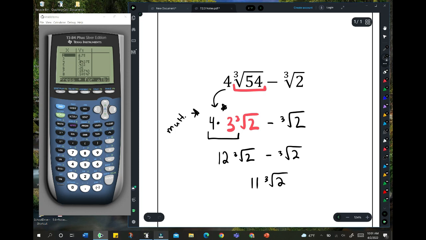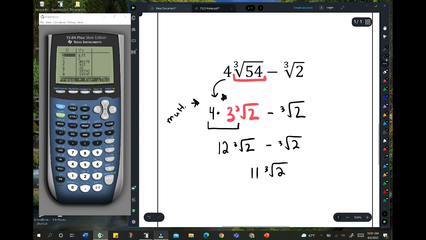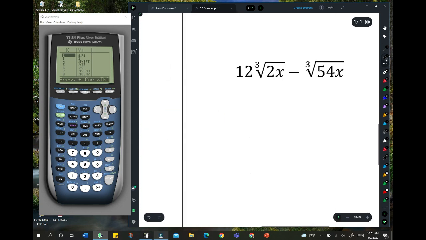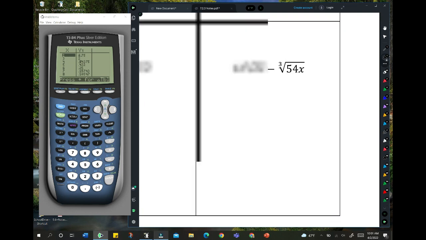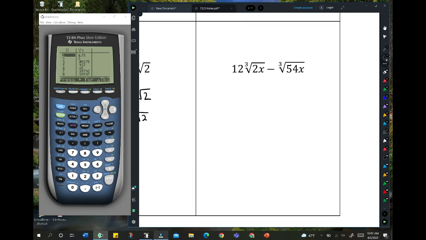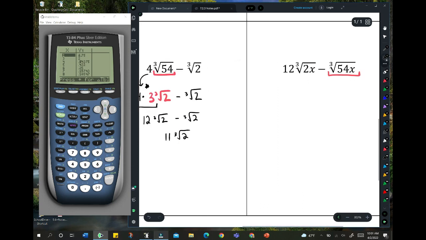So coefficients out front, multiply after. So you have to multiply and then get the 12 and then subtract. So that's really the name of the game. If you happen to have something with variables, really the same story. Okay, so 12 cubic roots of 2x, minus the cubic root of 54x. We have a secret identity with this one. So fortunately, we just did 54, right? Yes, we did. So it's really minus the third root